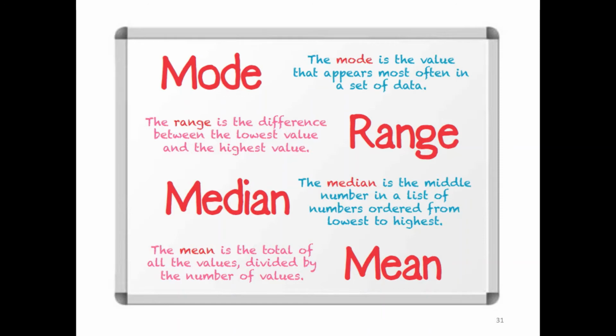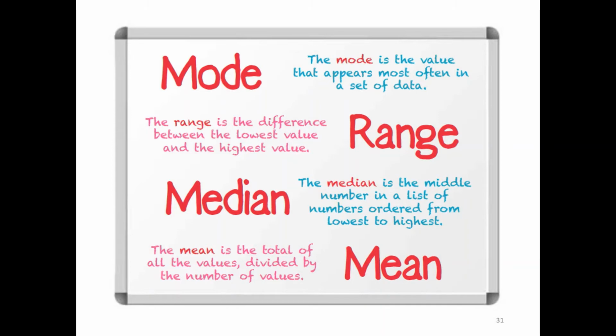Now let's try to understand these different values. Now, what is mode? Mode is the value that appears most often in a set of data. So let's say I have a list of numbers and all the numbers are appearing only once, but there is one number which appears say 3 times and another number which appears say 5 times. So the number which is appearing the most number of times, that is one which is appearing 5 times, would